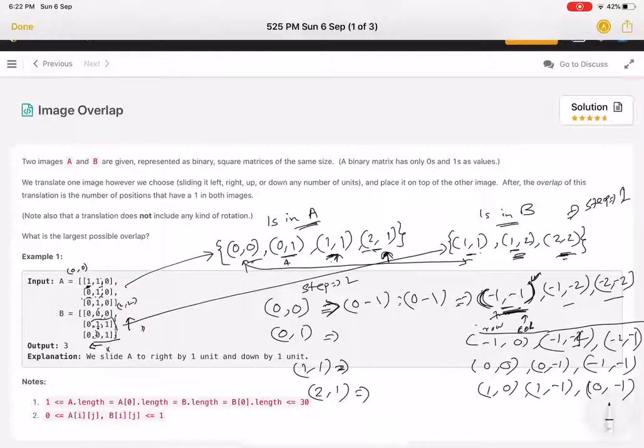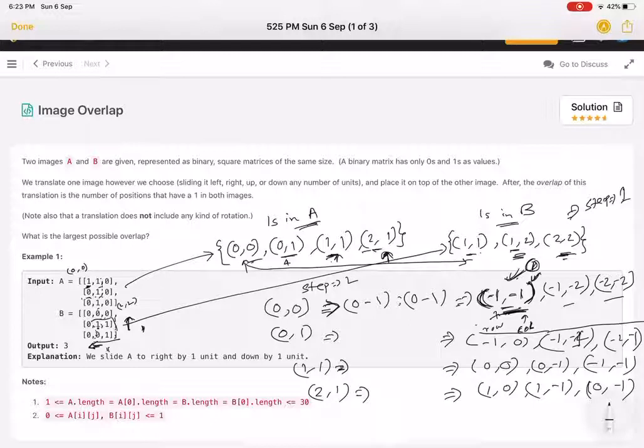First we have checked this one, minus 1 minus 1. What does that mean? We are shifting, the first one is the row, so we shift 1 unit on top, and the second one is the column, 1 unit to the left side, right? That's what we discussed, and we are sure that out of this we at least get a 1 once. So let's see whether we have this sort of pair present in this area or not, right?